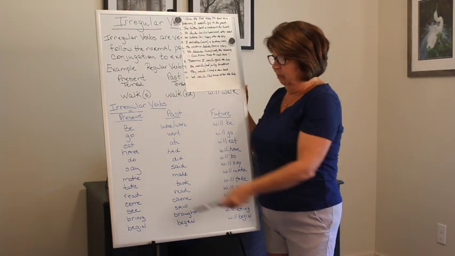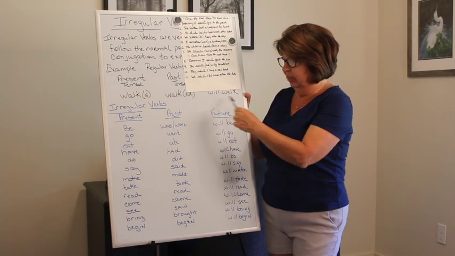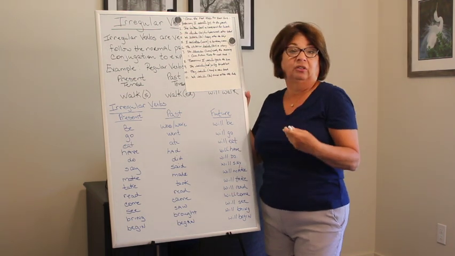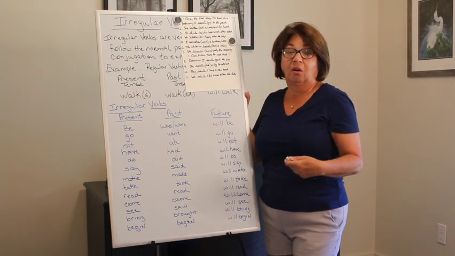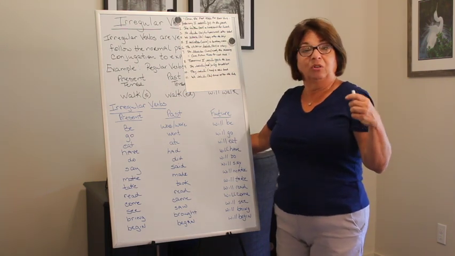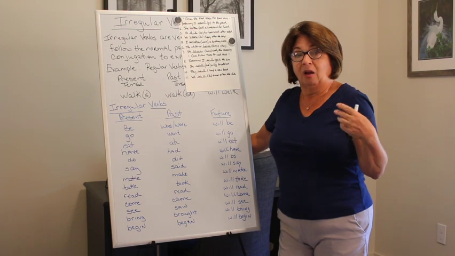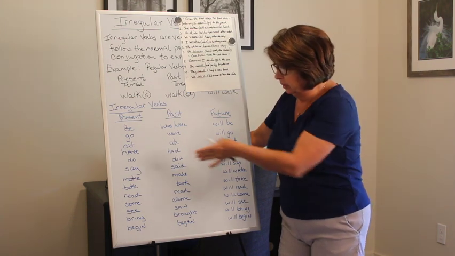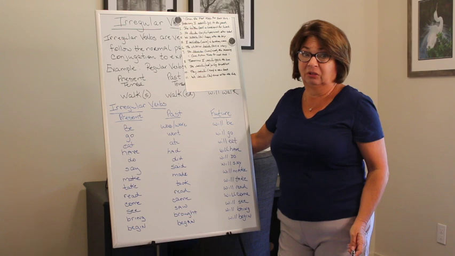All right, guys, this is irregular verbs. You can take a picture of this chart if you want so that you can try to memorize it. There are more irregular verbs. The list is incredibly long, but once you get kind of used to doing English translations, this starts to become a little more natural to you.